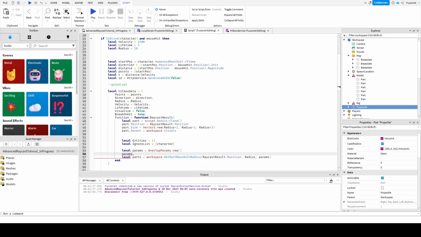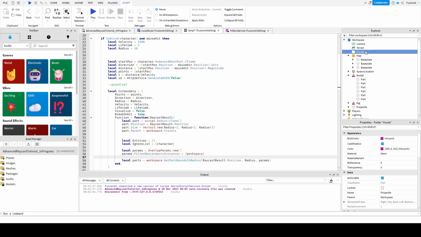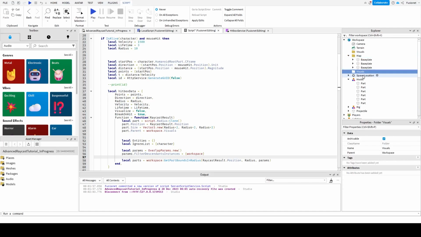And for this, we're first going to start with FilterDescendantsInstances. I'm not going to do this, but if you have a special folder for live people, I like to call it entities, you can just put them in there and do workspace.Entities, and then do FilterType equals Enum.RaycastFilterType.Include. So it's only going to look for this entities folder. It's a little faster, but